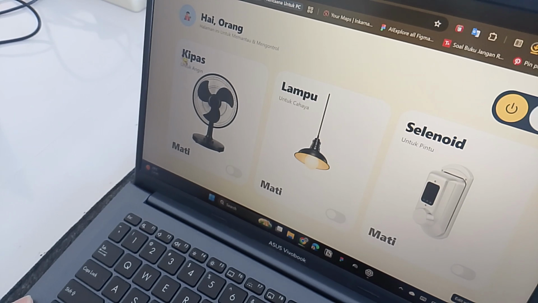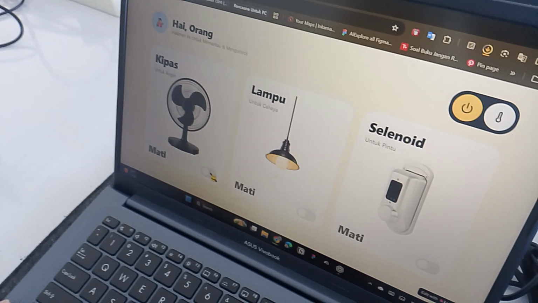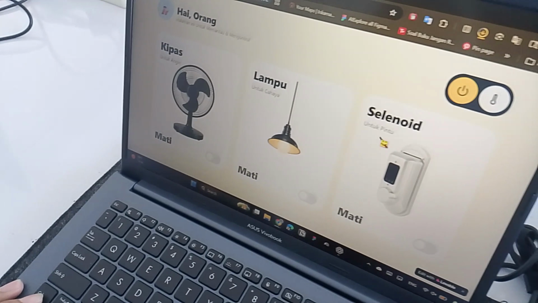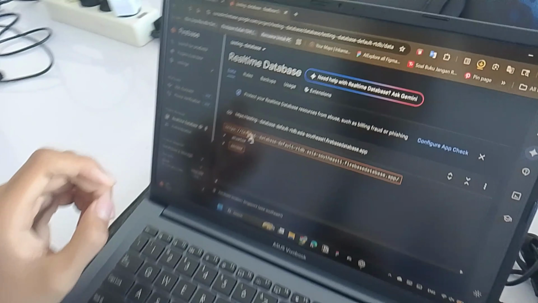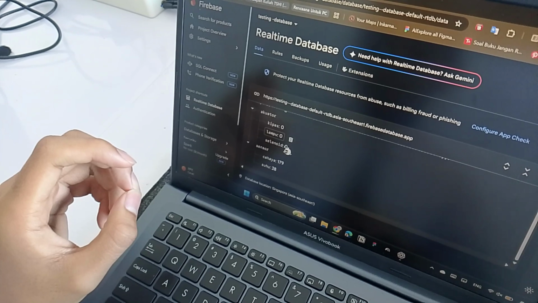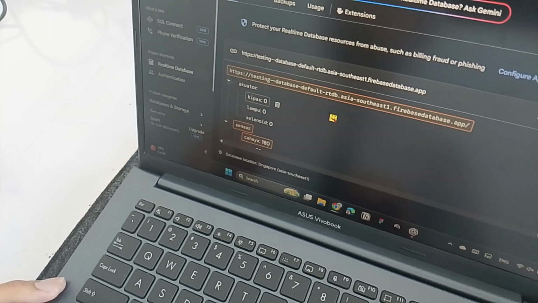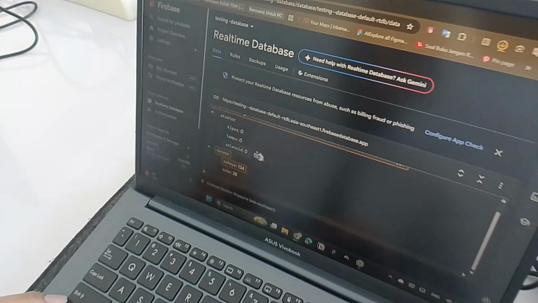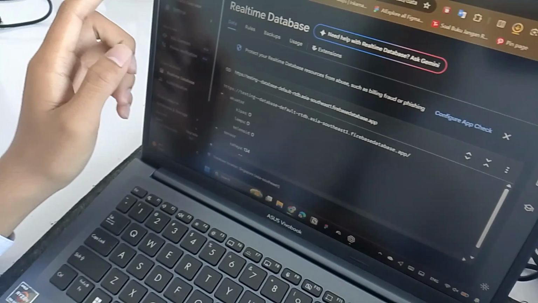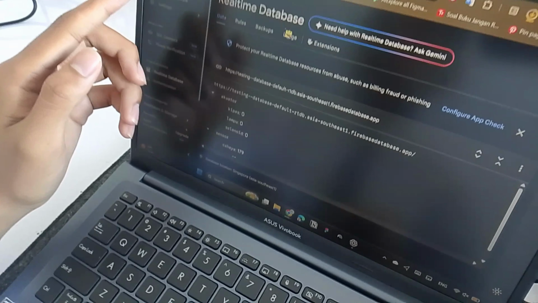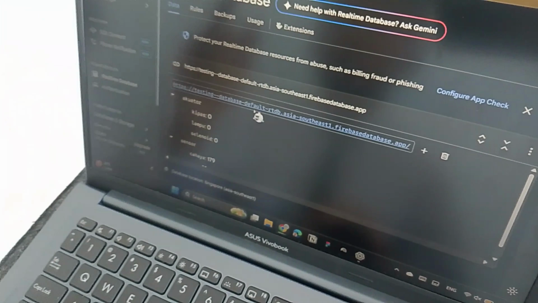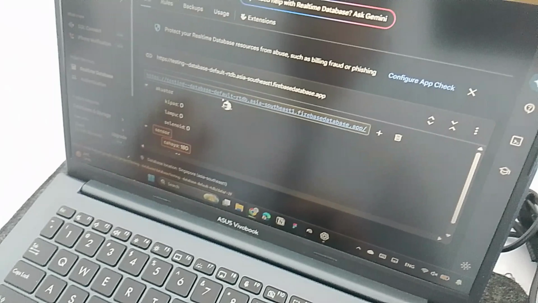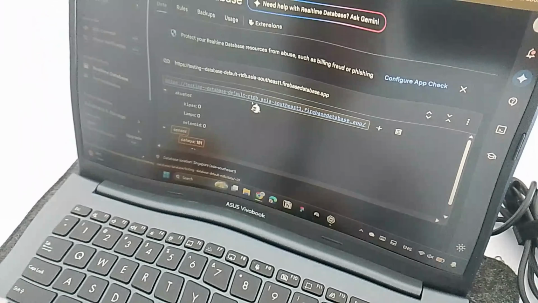We can turn the kipas on and off here, the lamp on and off here, and the solenoid from here. The data will be sent to the database here. I made the database with Firebase from Google. So the data goes from the website to the Firebase database, and the database will be read by the code.